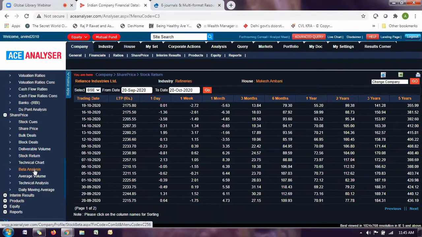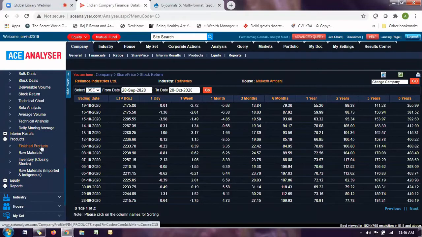So this is what we have been getting till now. What we have seen is, in terms of the audited financials, their ratios, and your share price, that is the stock movement data. Now we'll come to the unaudited figures. Before we come to the unaudited figures, I'll also show you the product details.